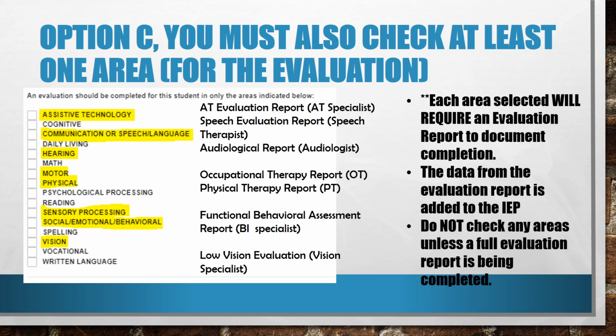It is very important that the team does not select an area that is not currently being referred, as each area selected will require a full evaluation report and will be prompted for follow-up in the next IEP meeting to document the completion of the evaluation. Please use only the selected and highlighted options on this slide with the examples given. If you are considering any other area for a specialized evaluation, please refer to and speak with your LTSE prior to completing a reevaluation data review event.